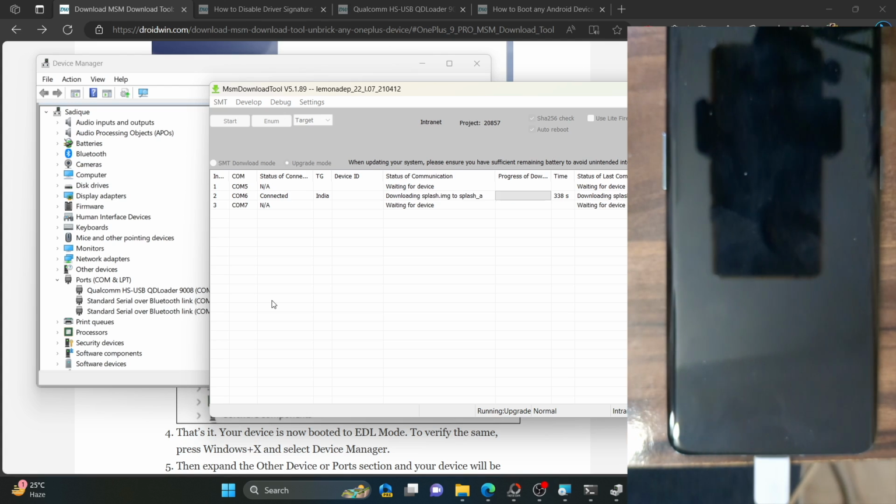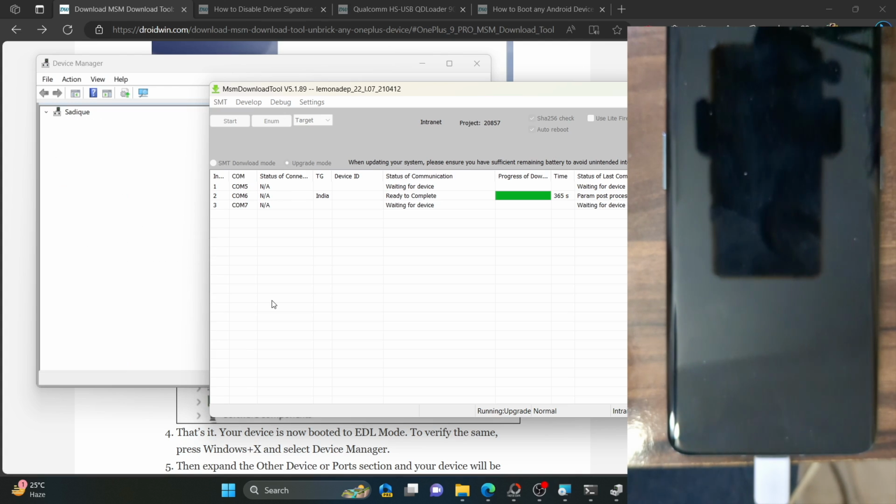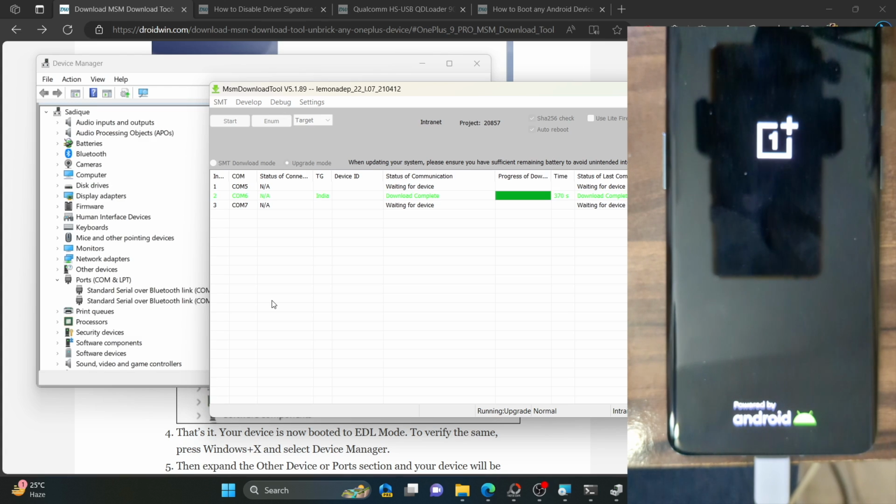With that said, if your phone boots into the Qualcomm crash dump mode, then you will not be able to access the fastboot mode. Even if the bootloader is currently unlocked, it will be of no use to us because we cannot access the fastboot mode. If we were able to access the fastboot mode, then we could simply flash the fastboot ROM using the fastboot command or the fastboot enhance tool and rectify the issue. But as of now, since we cannot even access the fastboot mode or the recovery mode or the fastbootd mode, we have no choice but to make use of the MSM tool to get this job done.